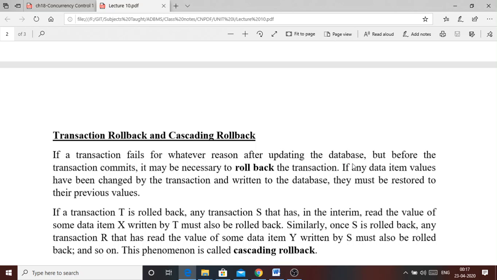When a transaction fails, for any reason, after updating the database but before the commit operation, the transaction needs to roll back because commit is not performed. It has only updated some data items. Since commit is not performed, and commit means giving the final saving to the data,